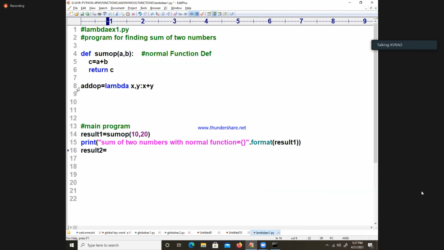So add OP is treated as a function. I am writing add OP of 100 comma 200, which means add OP is a reference variable pointing to this line, a watchman for this line.